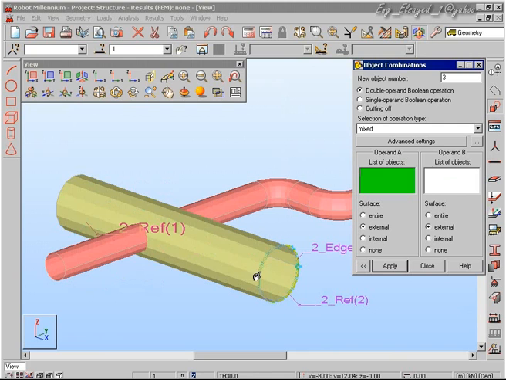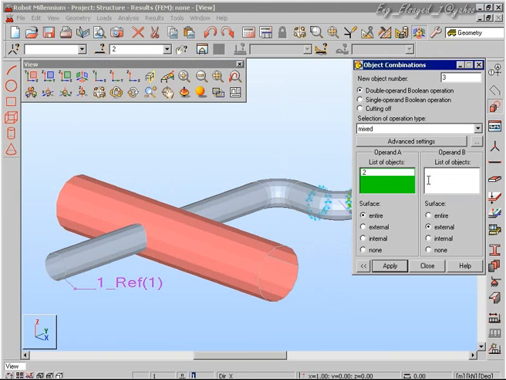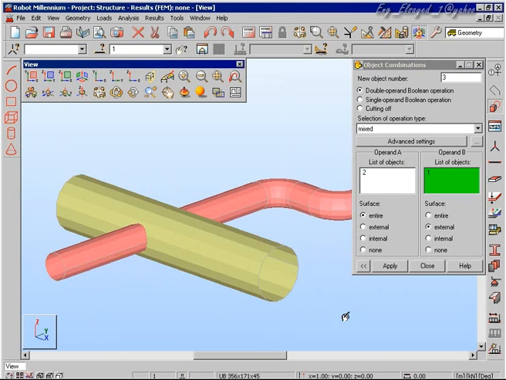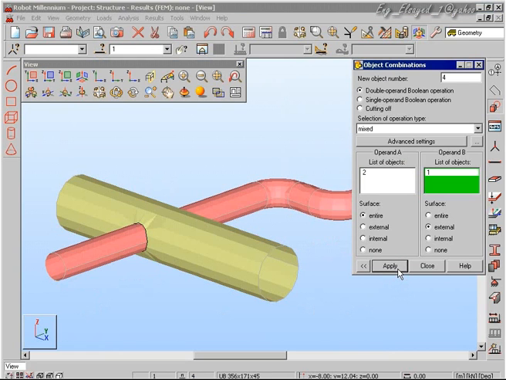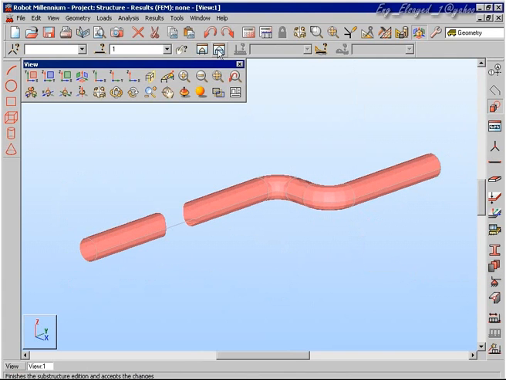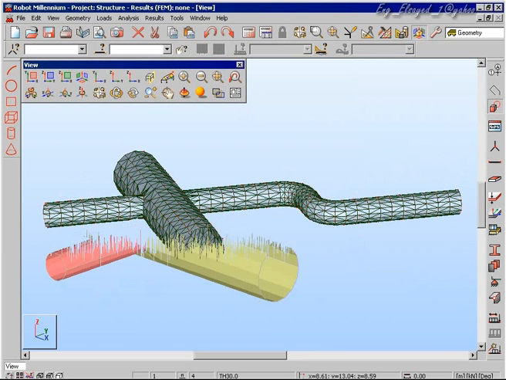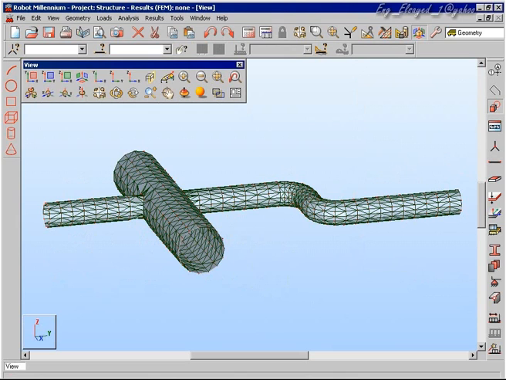There are many options inside the Boolean operations function of Robot. Having generated the geometry of the structure, it is now a simple task to mesh the model as we